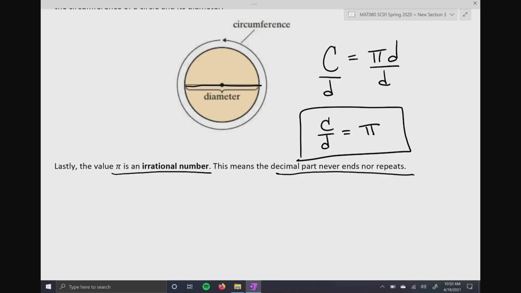All right, are there any questions? All right, so here's what we're going to do. It's 10:50. I don't want to start anything new because I'm not going to have enough